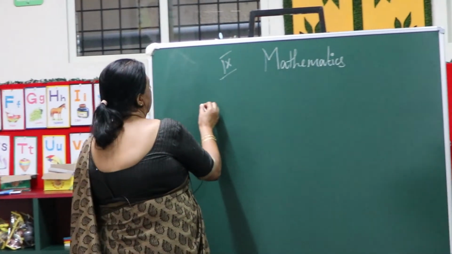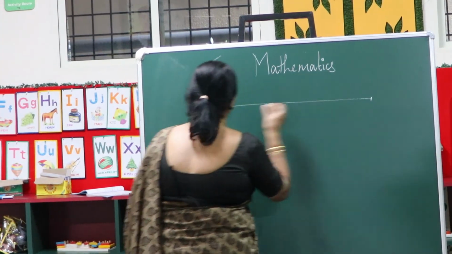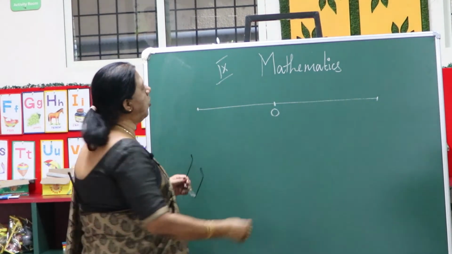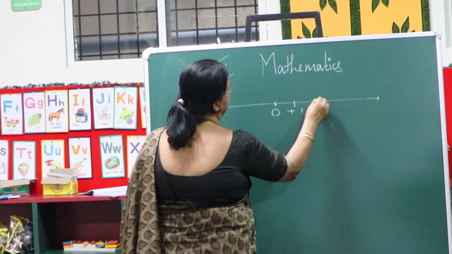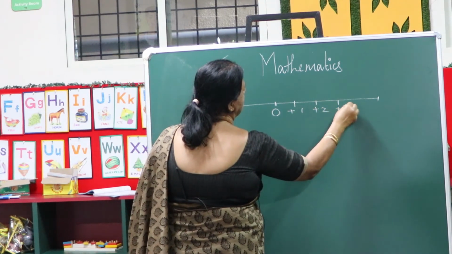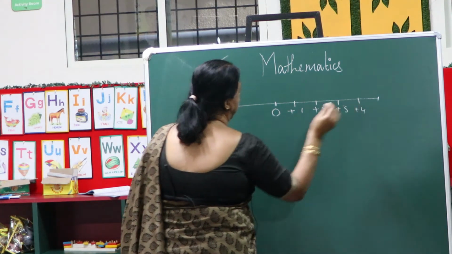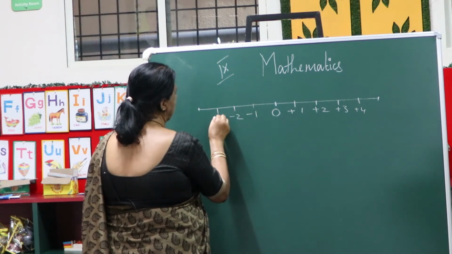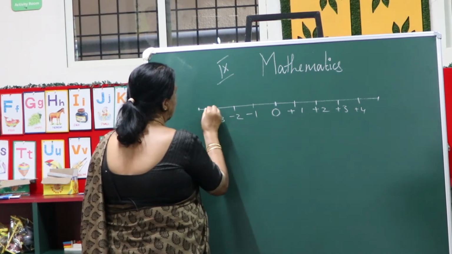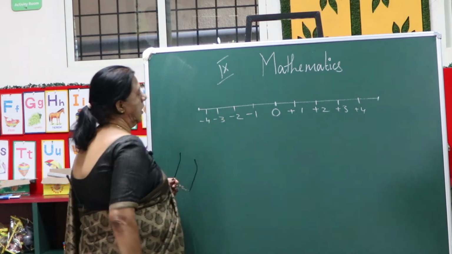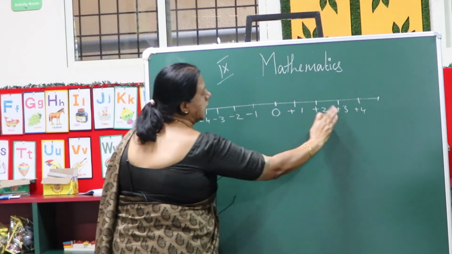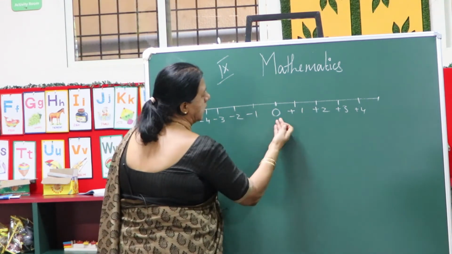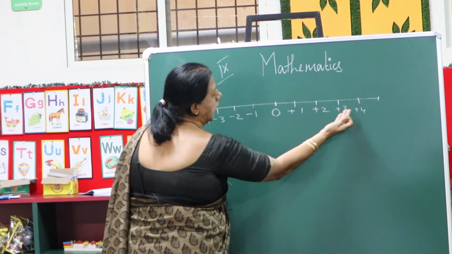Take for example, this is a number line, isn't it children? So here integers you are representing. So right side if you go positive numbers, okay, you know already. So here negative numbers you are going, isn't it? So this is okay. So here whatever the number you are seeing, this is whole numbers. So take for example here whole numbers: 0, 1, 2, 3, 4.